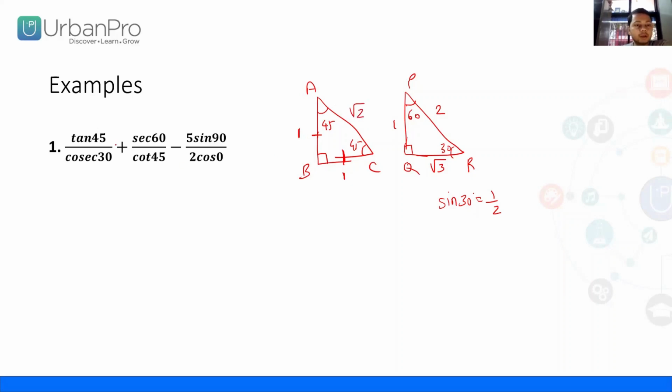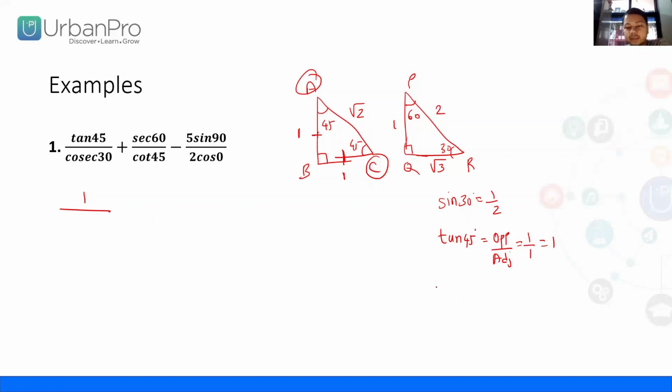Okay. Now the first is tan 45. For tan 45, what is the formula? The formula is opposite upon adjacent, right? So opposite of 45 upon adjacent of 45. Now you can take any angle as 45, angle A also, angle C also. It's up to you. So I am taking angle A. The opposite of angle A is 1 and adjacent is 1. So it's 1 by 1, which is 1. So you can write here 1.